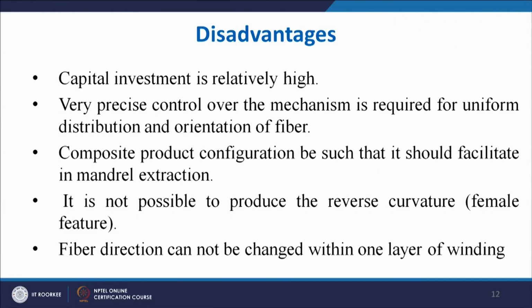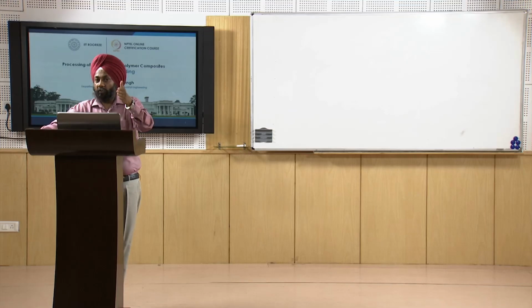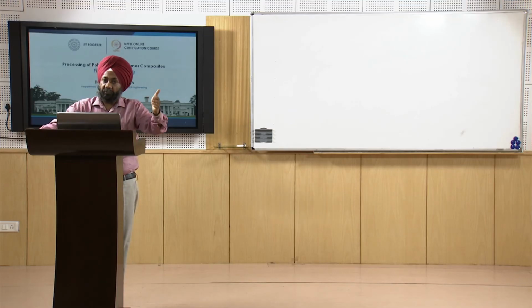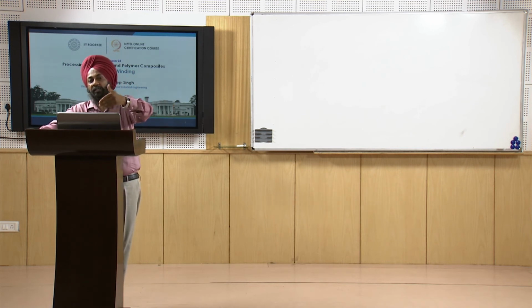But there are no processes which have only advantages, there are processes which have disadvantages also. So the capital investment, as the cost of the machine, is relatively high. Very precise control over the mechanism is required for uniform distribution and orientation of fiber. So the control is the key. If you control it precisely, you get a very good product. If you are not able to control it precisely, you may get a poor quality product, which can turn into a